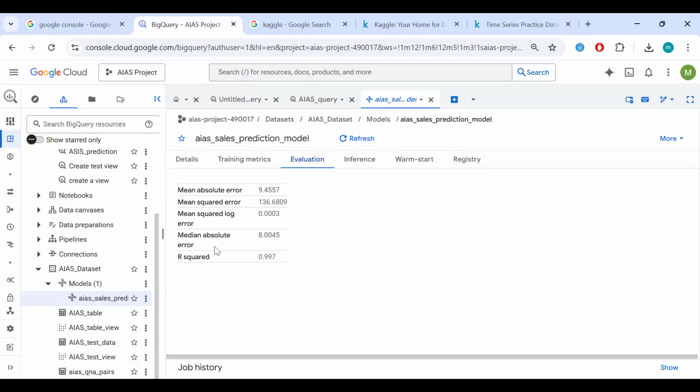The mean absolute error tracks the median difference between our predictions and our actual values. I'll show you that when we start to make predictions, what it looks like to have predictions and what our actual values should be. The R squared explains the variance. It determines how well the model explains variance in the data, right? So how well the model was able to classify the different aspects of the data.